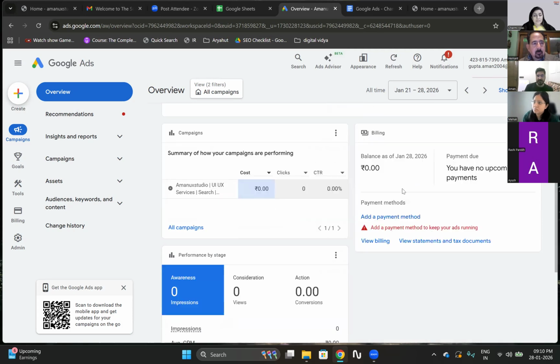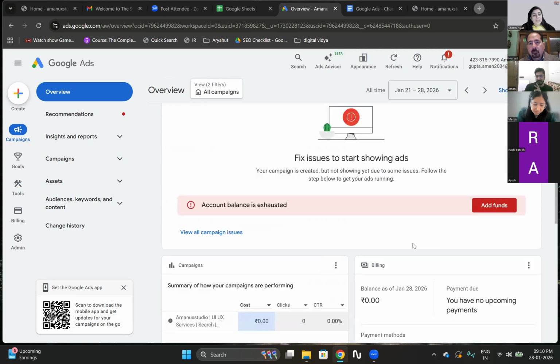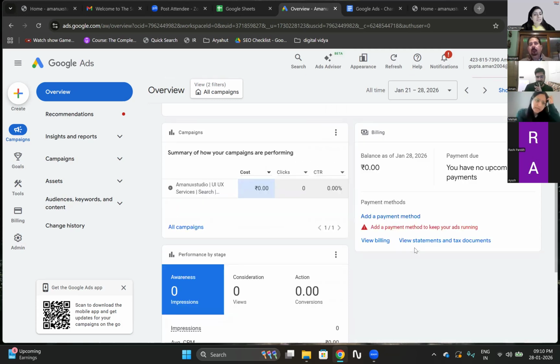हाँ जी, और फिर वो यहाँ पर कहाँ शो होगा? यहाँ पर वो क्या, what you want the save button and all of those things. नहीं, जब वो सेव हो जाएगा फिर वो कहीं पर शो होता है ना, ड्राफ्ट्स में। वो ऑल कैंपेन में नहीं, अभी नहीं आएगा ना ड्राफ्ट में। अभी तो पब्लिश कर दिया सेम आपने। अभी पब्लिश हो गया, इन केस अगर नहीं करा होता तो यहाँ ड्राफ्ट में आ जाता।